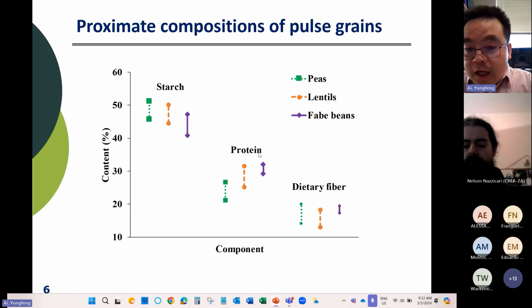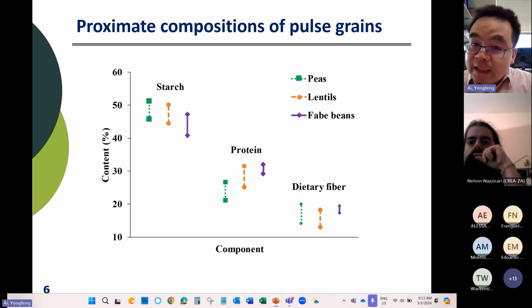But the key thing here is pulses are different from other crops in the legume family we use for the production of plant-based protein. For example, for soybean, after they become mature, the seed usually has less than 1% starch. They may have some other carbohydrate, but the starch content is very low. But because of the chemical composition of the pulses, based on this chart, you can tell if we produce about one volume of the protein, usually we will generate about 2 volumes of the starch. Actually, according to information from the industry, sometimes they may even generate 2 to 3 volumes of the starch